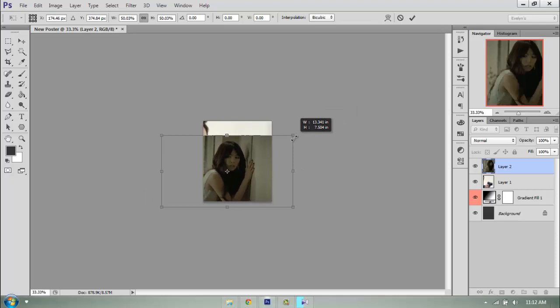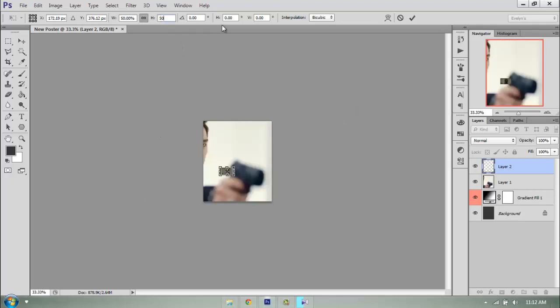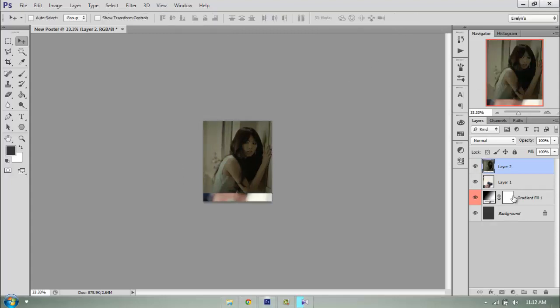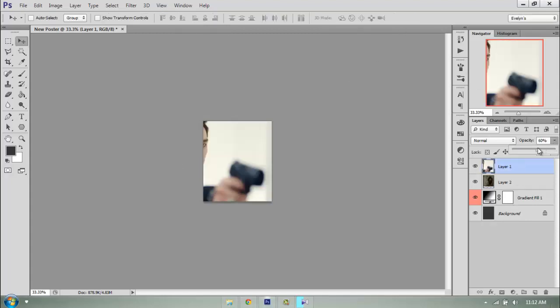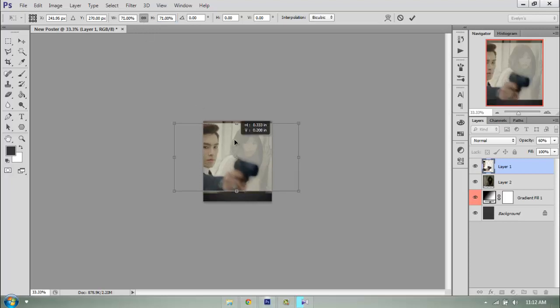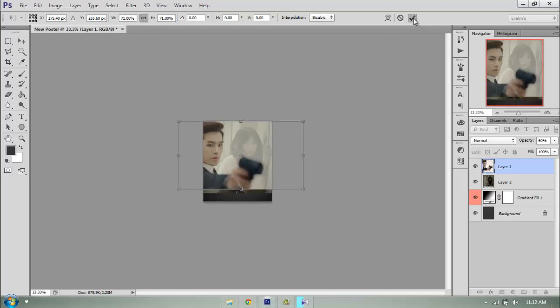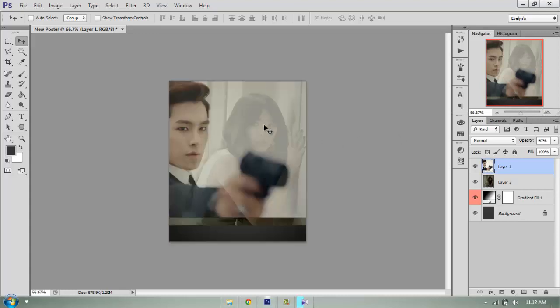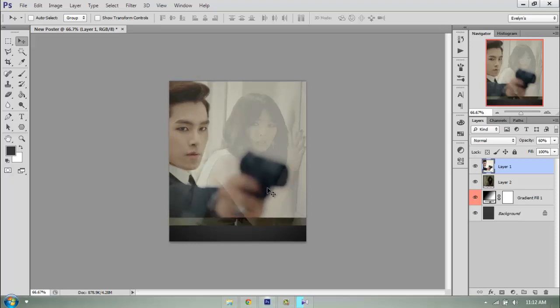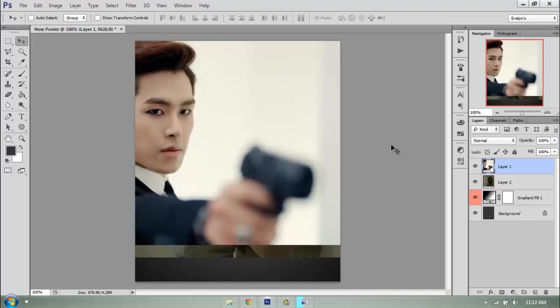So I'm going to do about maybe 50% in size. And then I'm going to bring Hoya's image on top. I'm going to lower his opacity, and Control T, and I'm going to resize it not as big. I'm going to do it about here. And I want it so that you can actually view it like it's a movie poster in a sense. So we're going to do something like this here. Now I'm going to make Hoya's image fully